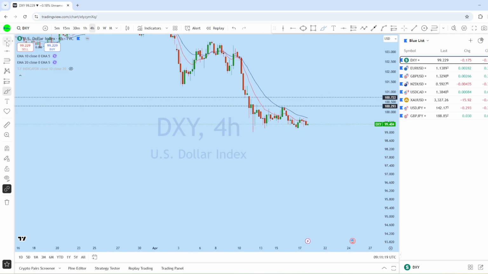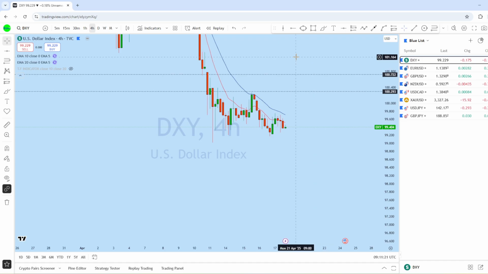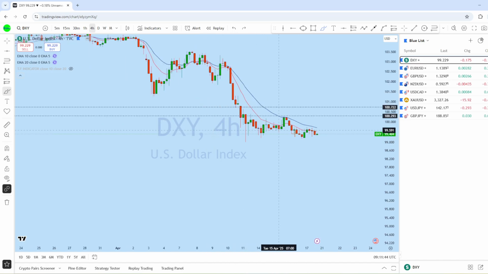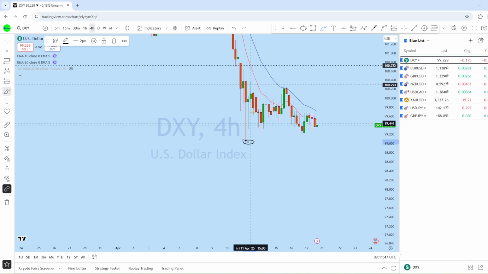Now from the intraday, especially this 4-hour time frame, here we can see a very long wick candle, almost nearly an ATR candle, and there has been huge buying pressure here that we saw. It closed as a long wick red candle. After the close of this candle, we saw the market move sideways for quite an extended period of time. That means that this resistance and this support are important.